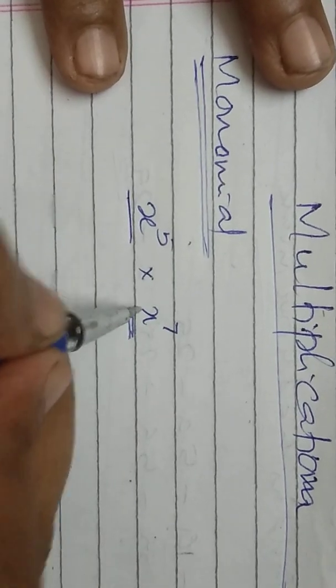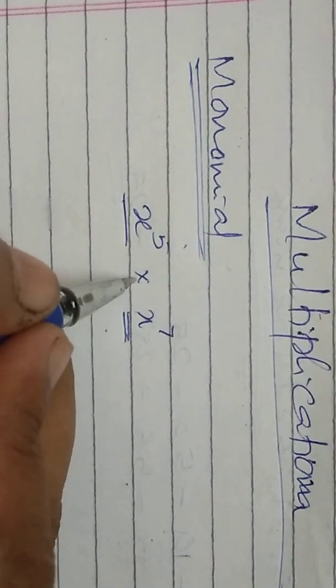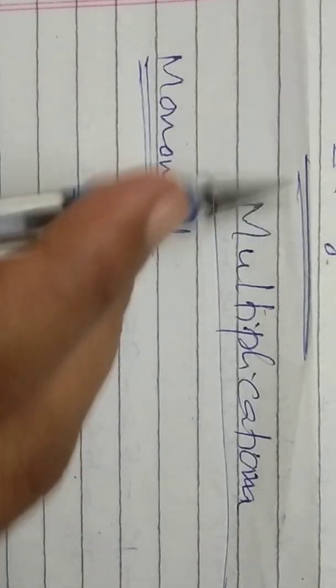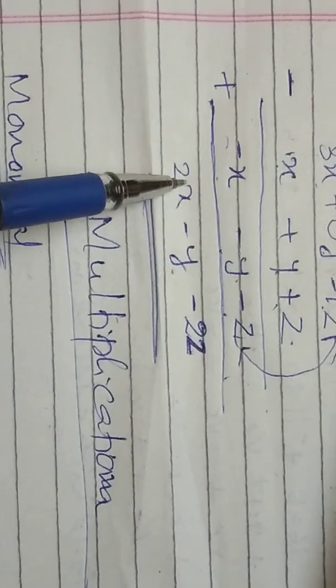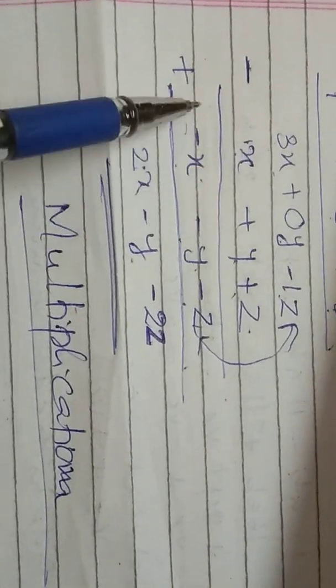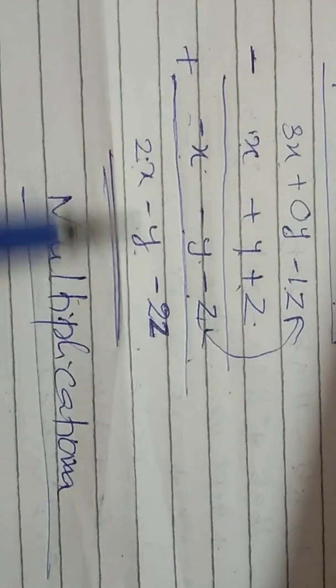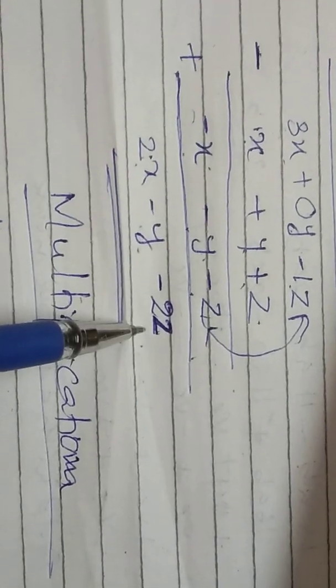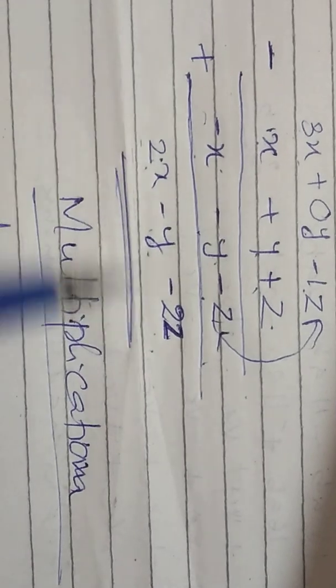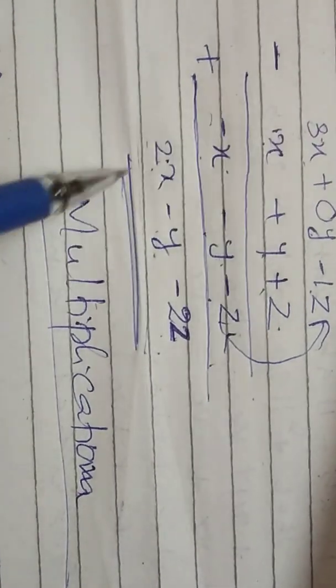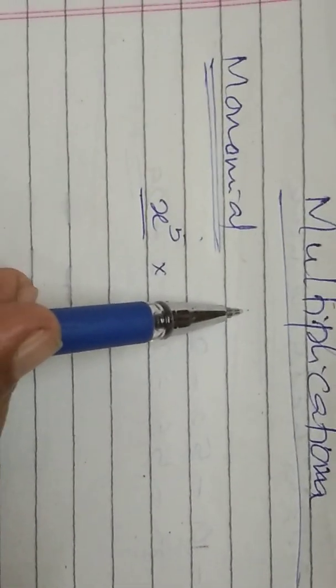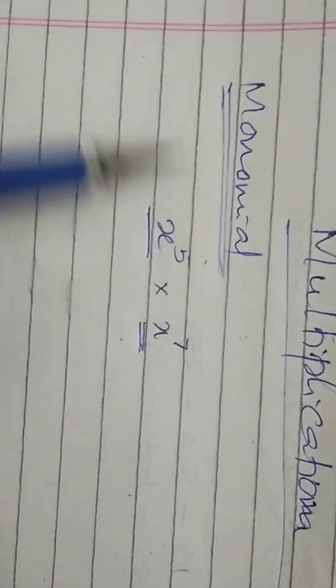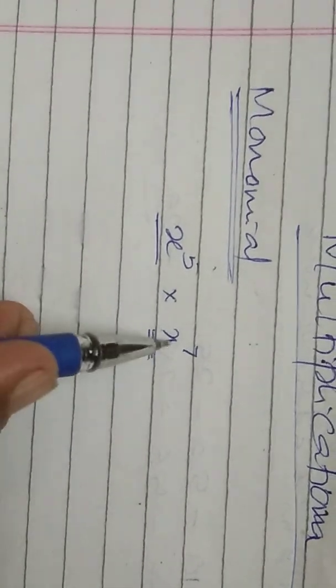Its coefficient is 1. Before that we have to say that when we add and subtract, we have to add only the like terms. Unlike terms we cannot add, isn't it? These are unlike terms. We cannot add these three terms together, so we just simply write it like this. Like terms are added, but in multiplication we can multiply like terms or unlike terms together. Okay, there is no problem with this.